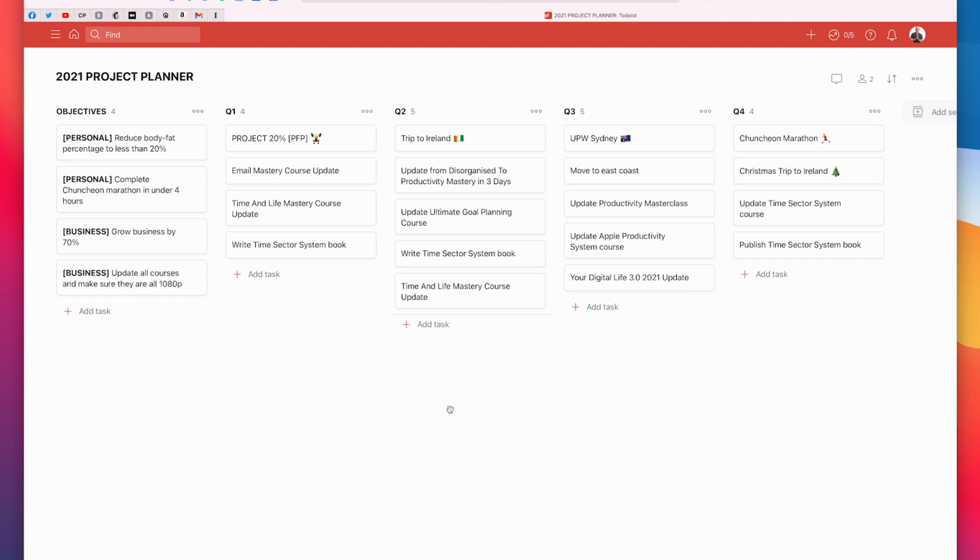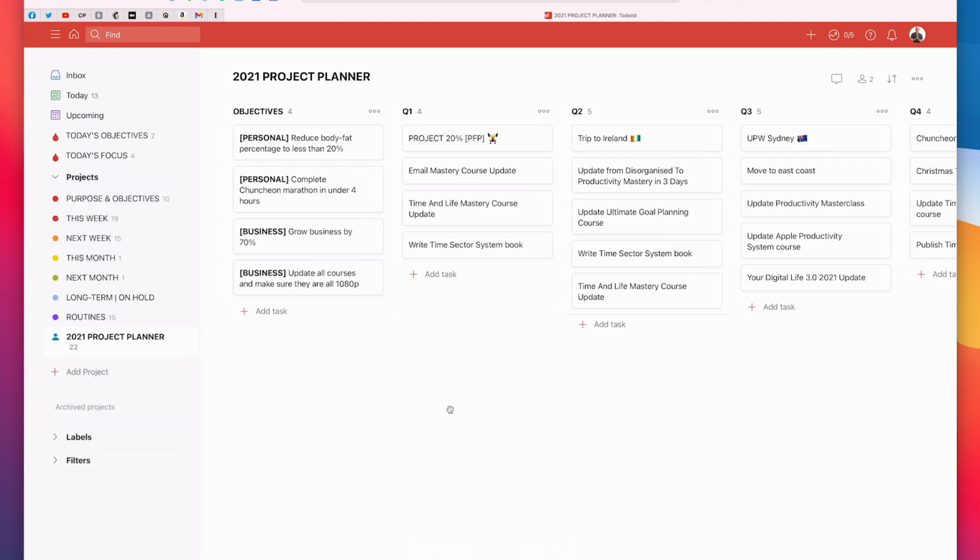But when push comes to shove and you sit down on a Sunday afternoon or a Saturday morning or whatever time you do your weekly planning session, really you just don't want to do it. You don't want to spend an hour. So speeding up that weekly planning session and then having another app to actually go and look at is just a pain in the proverbials. So this is one of the reasons why I've moved it over to Todoist, because it's right there. If I open up my menu again, it's right down here. I've got it right there.